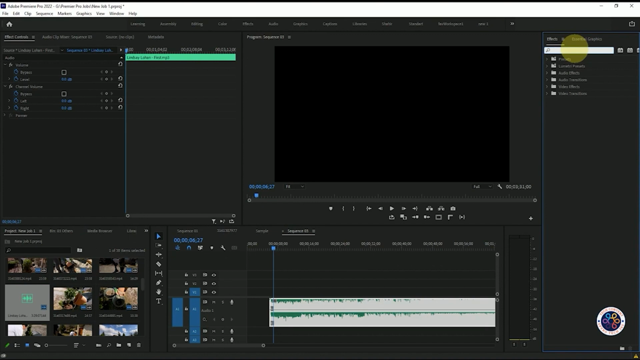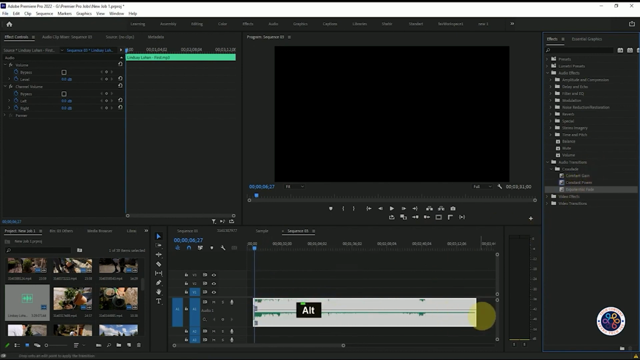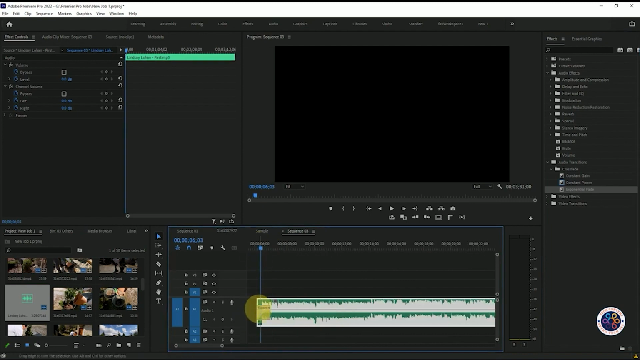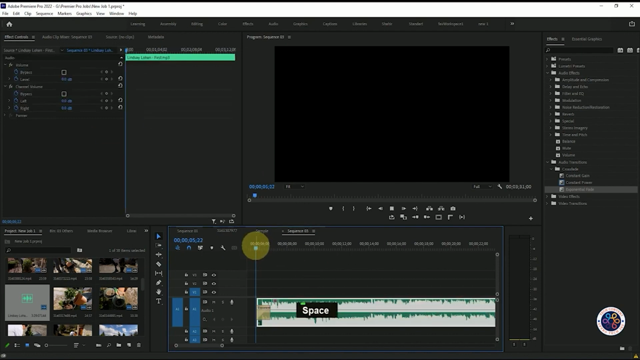We'll go to the effects panel and then go to audio transition. Then we can see that exponential fade effect here. We'll apply exponential fade here and exponential fade here. After that, the duration is 1 second, and if we play this,